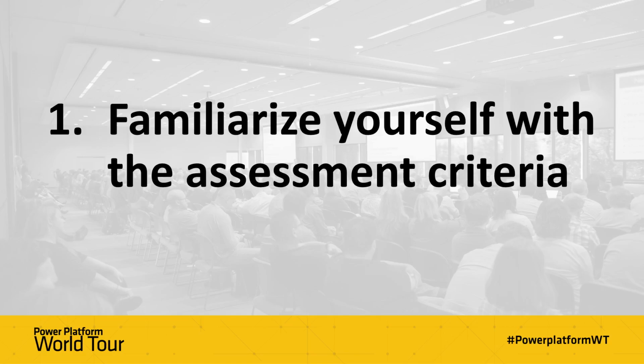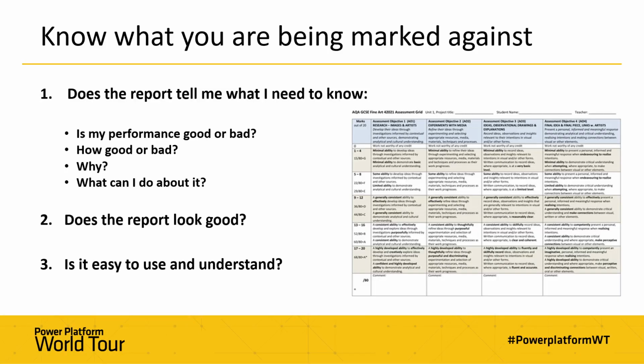Starting with the first point, around what you're being marked against. Many data visualizations that I see, including many that I've built myself, fall short here. Lots show some potentially quite interesting information. They show, this is how many widgets we sold last month. This is a breakdown by region. This is a breakdown over time. Okay, great. But what does that actually tell you?